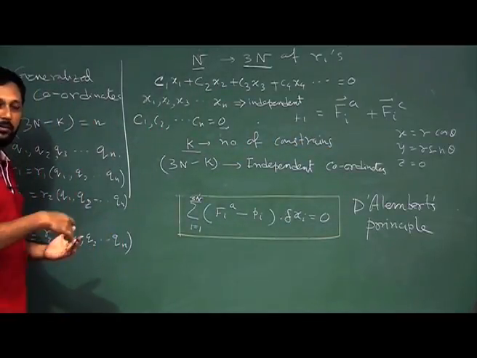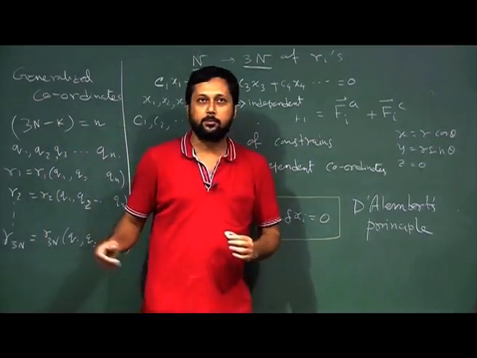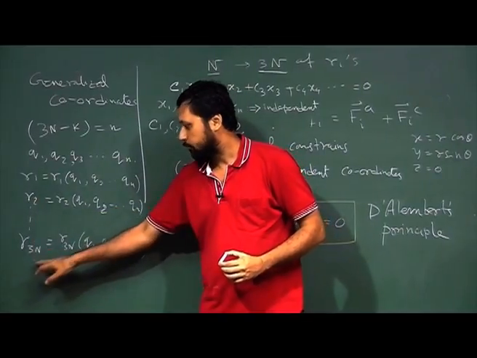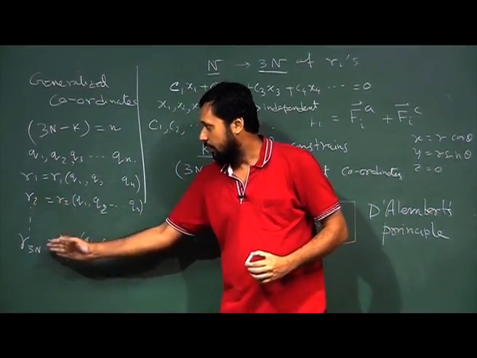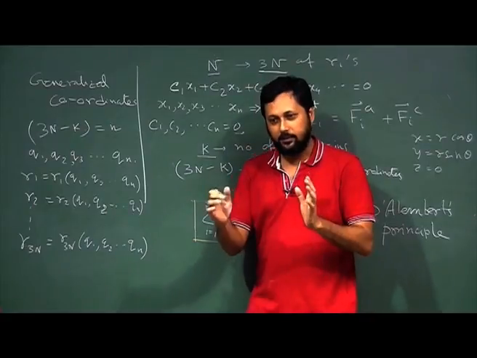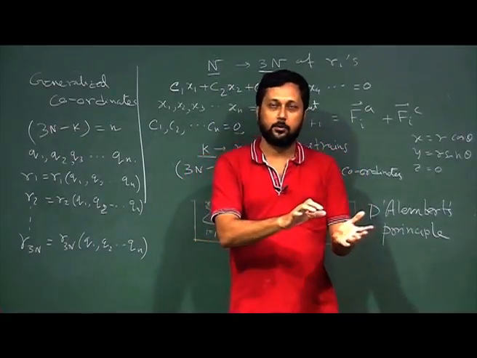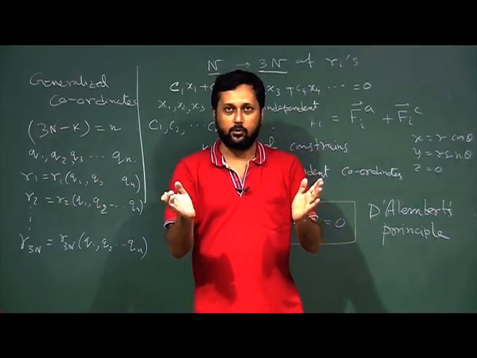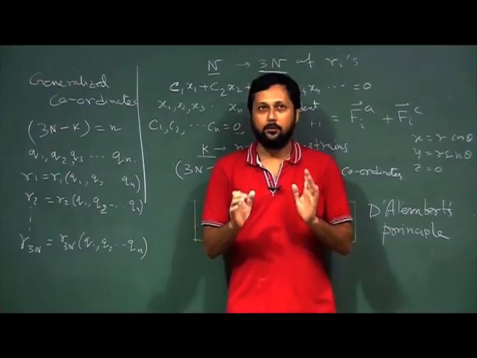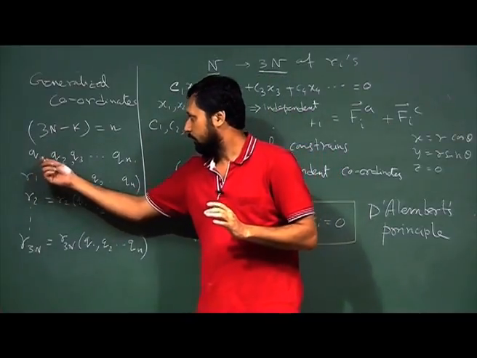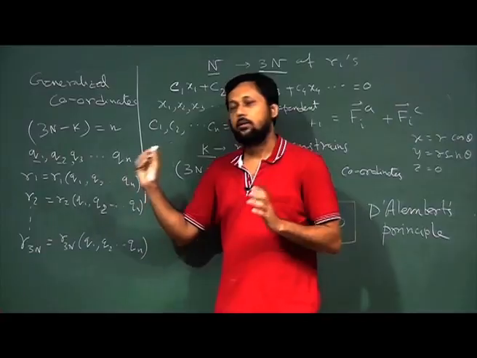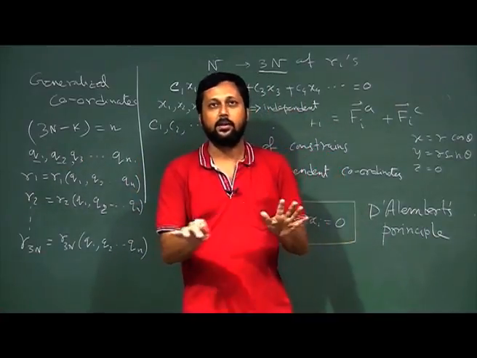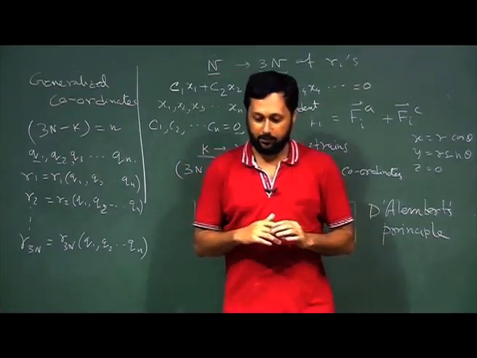Similarly, we can have reverse transformation equations. We can express q1 in terms of r1, r2, r3 up to rn, q2 in terms of all the r's, like that. So, there is a set of transformation and reverse transformation which connects the standard orthogonal coordinates with the generalized coordinates. That relation has to be there. I am not saying it is important for the q1s and q2s to have a dimension of length or angle, but there has to be some relation. They cannot be totally disconnected. This relation is very important.